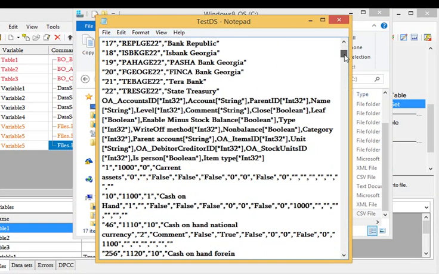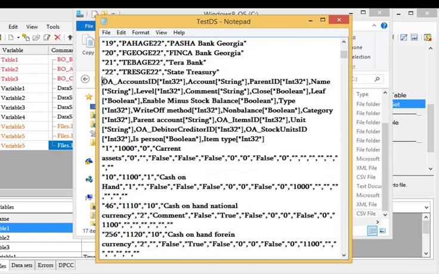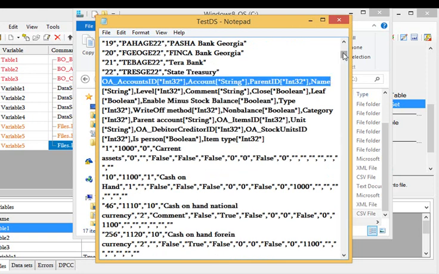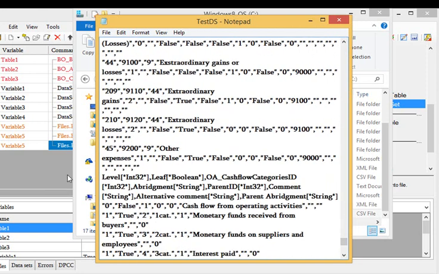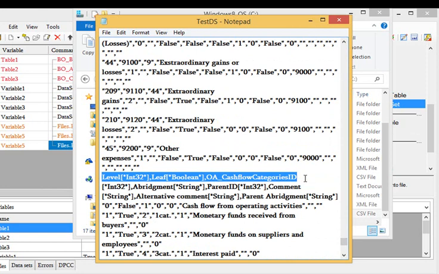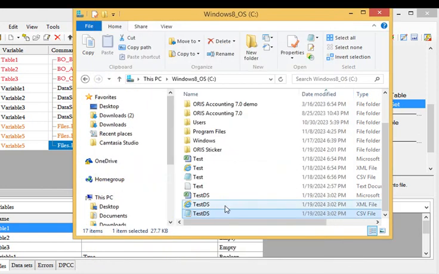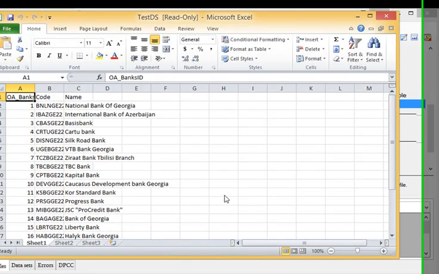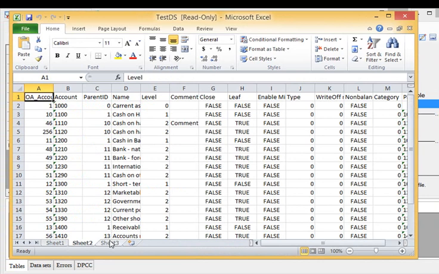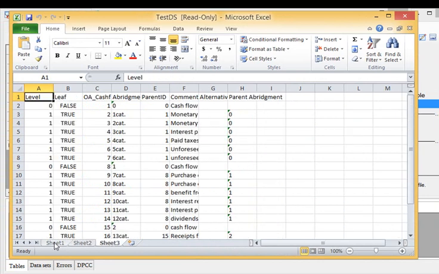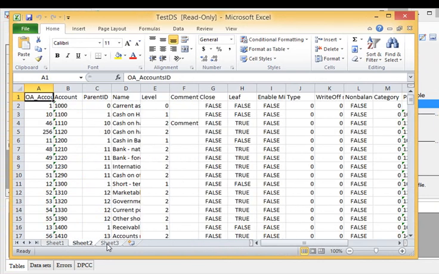We have the second table and then the third table. At the end, there is an Excel file as well. We have 3 spreadsheets here, 1 spreadsheet for each table,